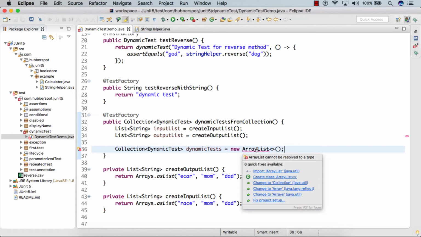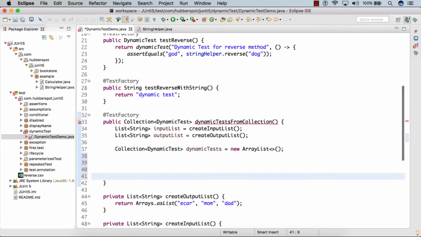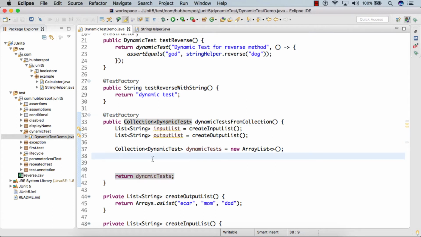We'll import ArrayList. And let's say we finally return the dynamic tests. But here we need to provide code which takes this input list, produces the actual output, and then compares it with the output list.